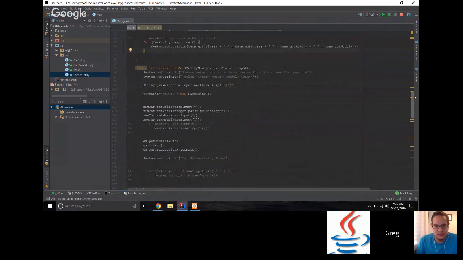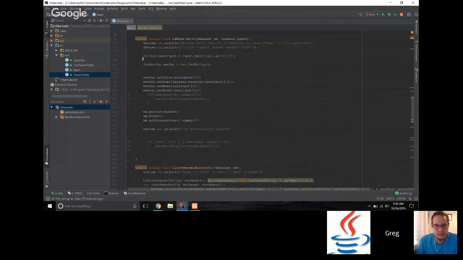To add a car, similar process. I get user input and store it in a string. I split it via space because I'm trying to collect the color, year, make, and model. This is adding a car. I create a new car entity, and then I set or store all the information I collected from the user